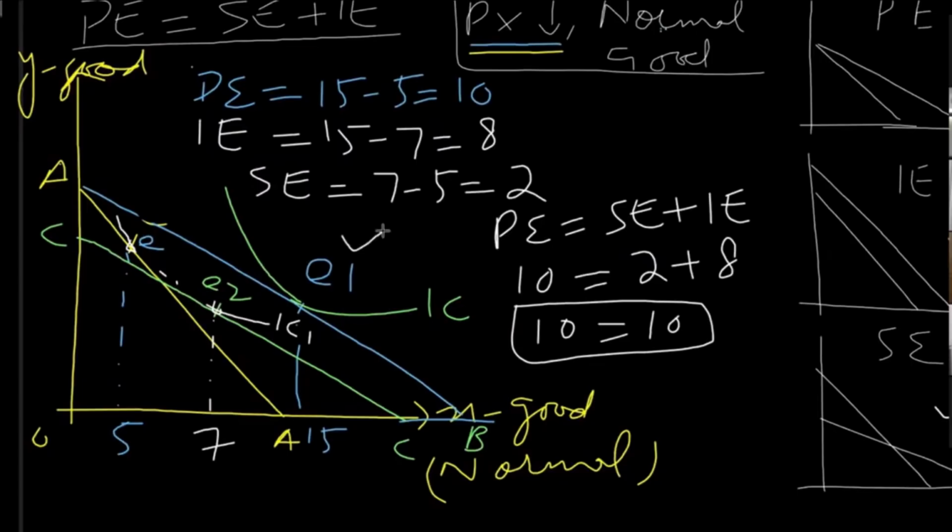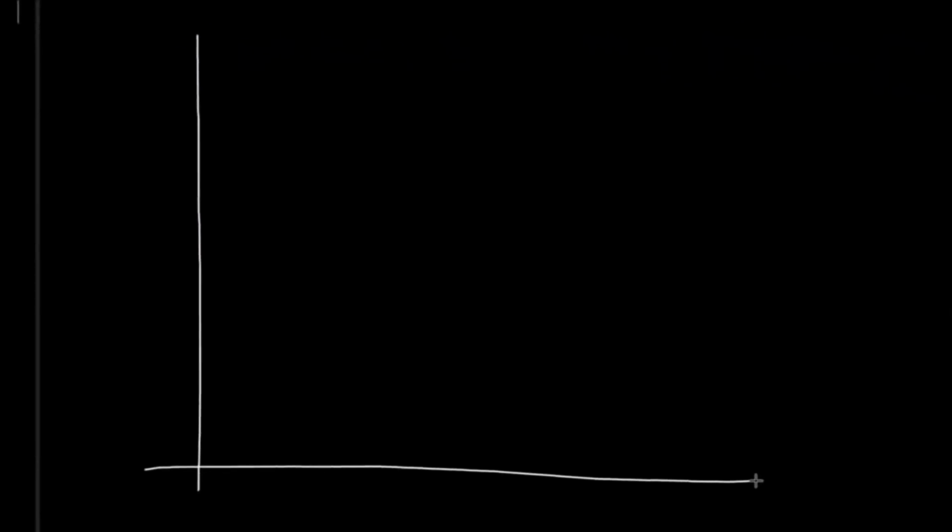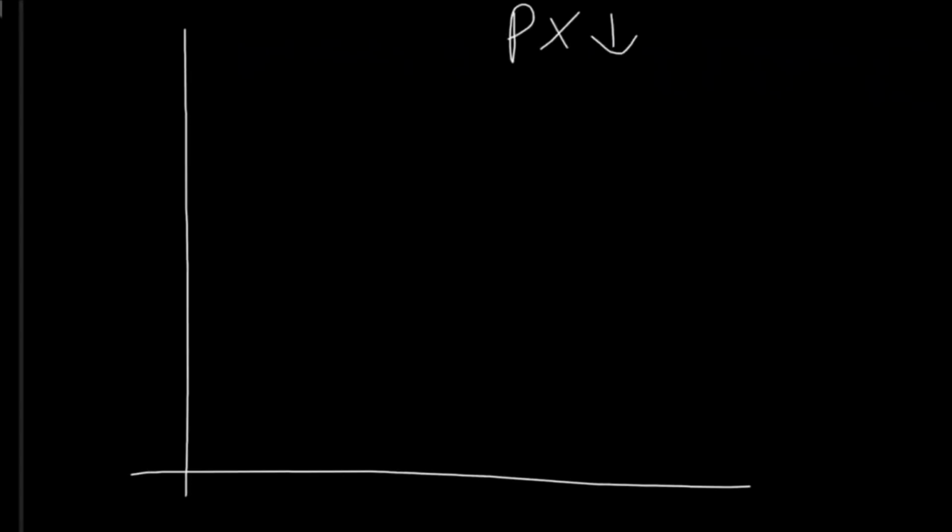All other things will remain the same as we have shown in this graph. Only equilibrium E1 will shift somewhere at this point. ठीक है, देखिए, what sequence you should follow whenever there is fall in price of X. There is fall in price of X.